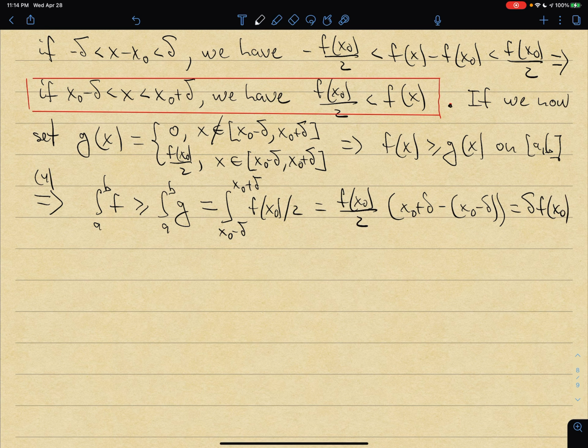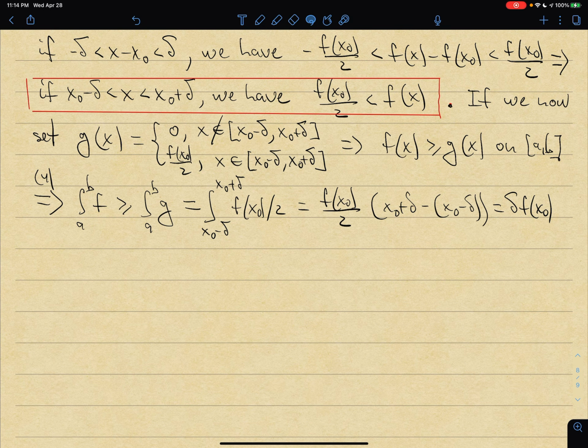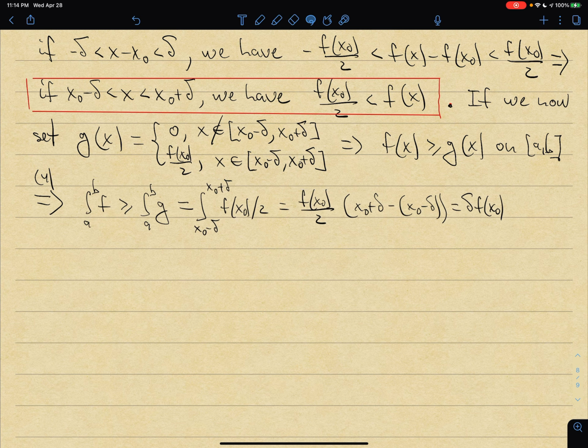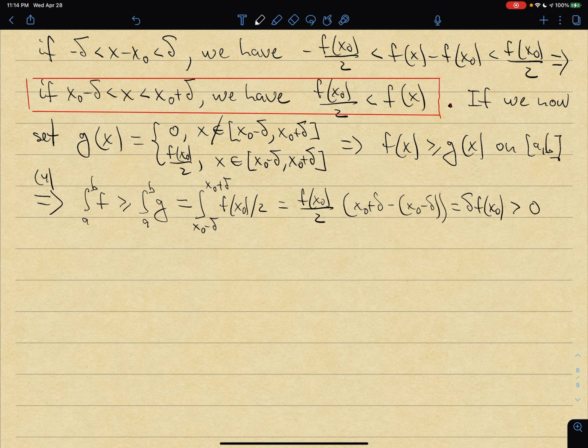And both delta and f of x0 are positive numbers. And so therefore, this quantity is going to be strictly greater than 0. Right? Delta times f of x0 is bigger than 0 because delta automatically is a number greater than 0. And f of x0 we assumed is not 0, it's positive. So this is greater than 0. And this is a contradiction because